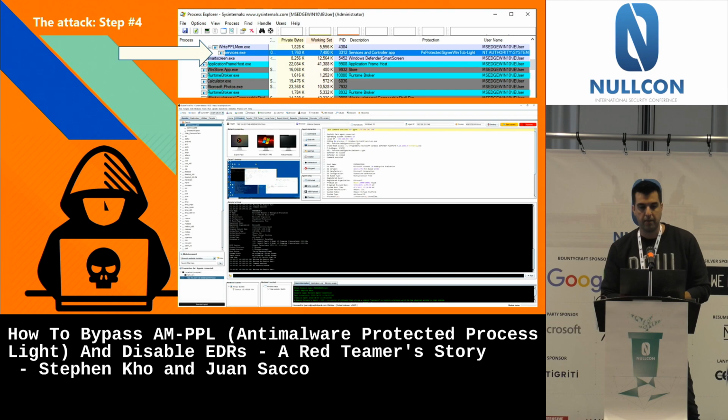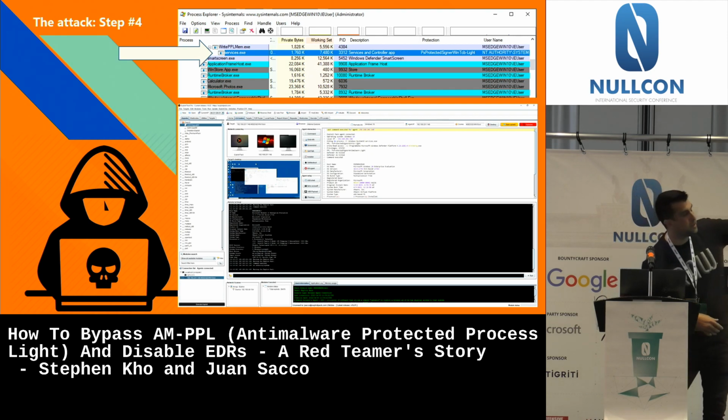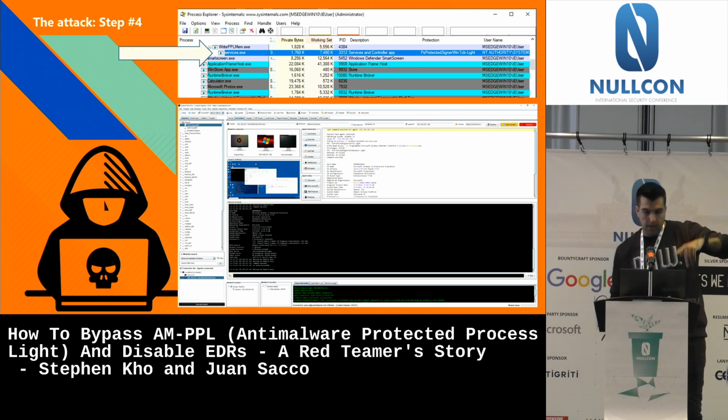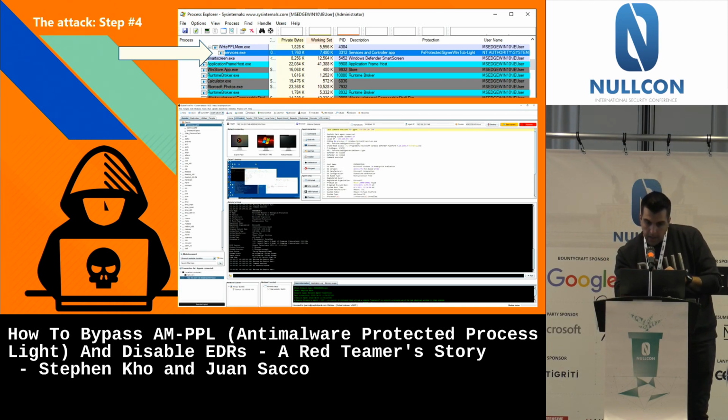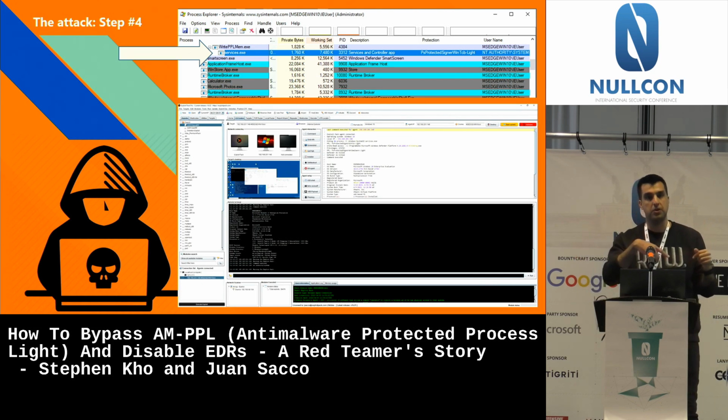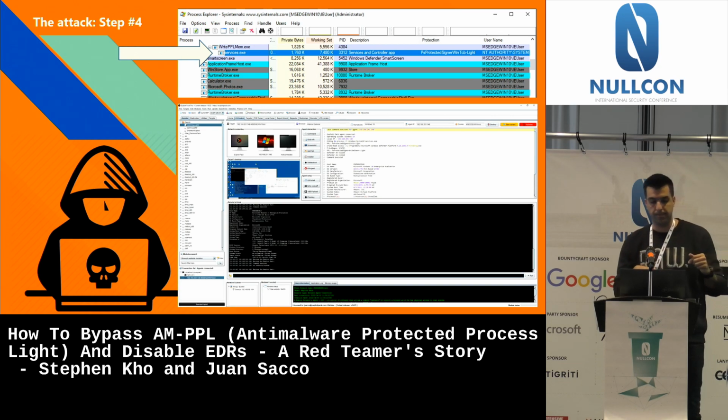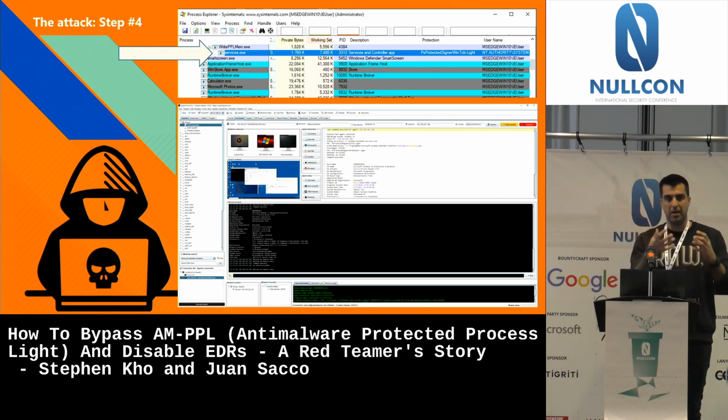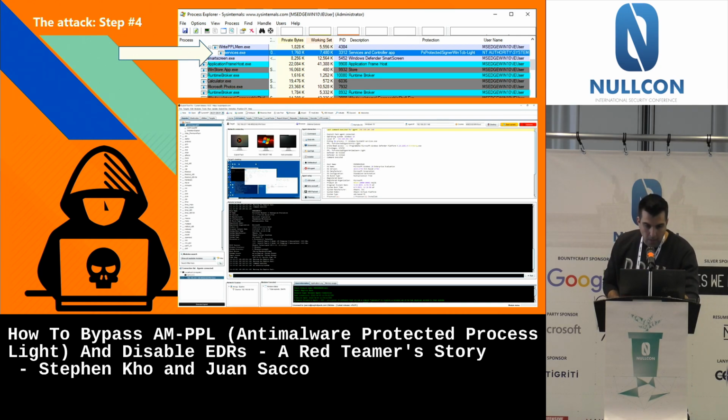And then we get into step 4. You can see here that we have write PPL mem, and then it just created a new instance of services.exe that is running with the protection PS protected WinTCB Light. So we have it there. And it's also already injected with our DLL. And because the DLL has already been loaded, then we got the shell below. I'm showing you that I got the shell. And from here on, we are ready.